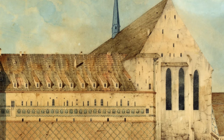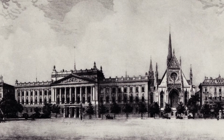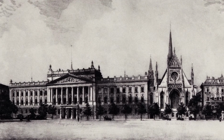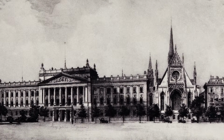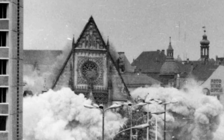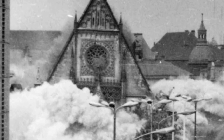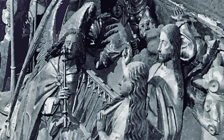Everything that the monks had built and the funerary objects of the university were conserved until very recent times, including the church, when the socialist government of East Germany decided to tear it all down to make room for a new socialist campus. So the church was literally blown to pieces on 30th of May 1968, and a new campus was built. The objects that we cared for were extracted in extreme haste within 7 days and kept in improvised